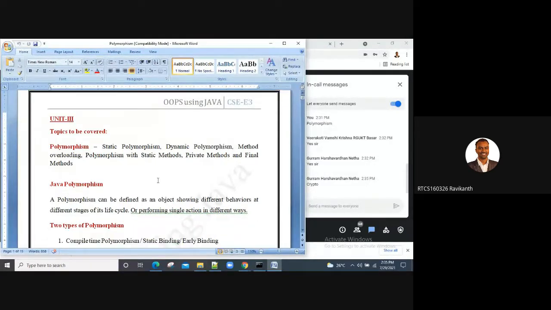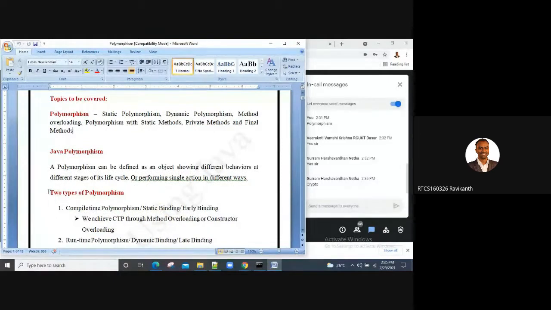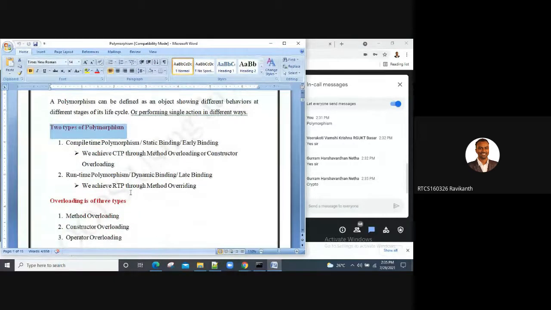So in detail, if we go into polymorphism again, it is categorized into two. One is compile time polymorphism, the other is runtime polymorphism. Compile time polymorphism, or static binding, or early binding. Please remember the terminology. Compile time, static, early. Early in the sense compile time, late in the sense runtime. When I say runtime, it is dynamic.